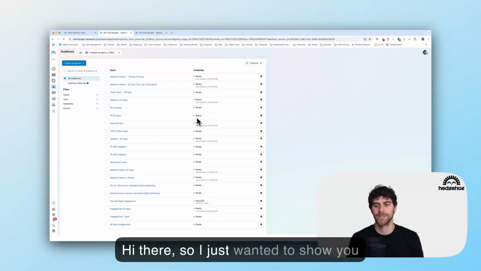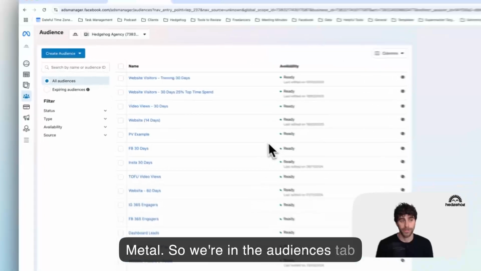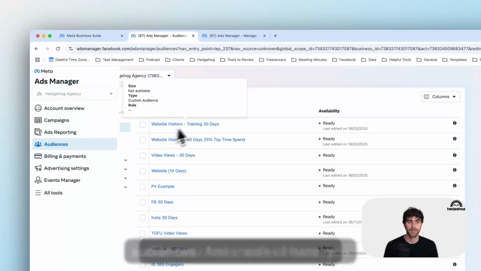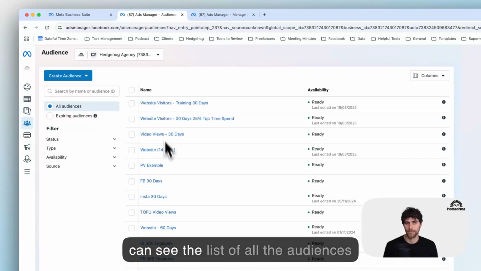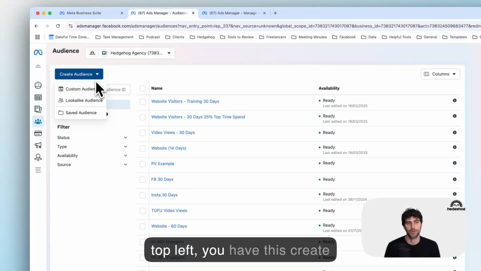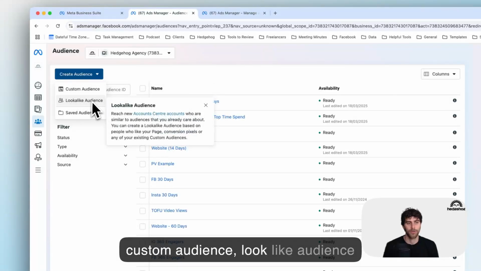Hi there. So just wanted to show you how to create audiences inside of Meta. So we're in the audiences tab at the moment. On the left hand side over here, we're inside of audiences. And inside of here, you can see the list of all the audiences that you've created before. But in the top left, you have this create audience button, and you can click custom audience, lookalike audience, or